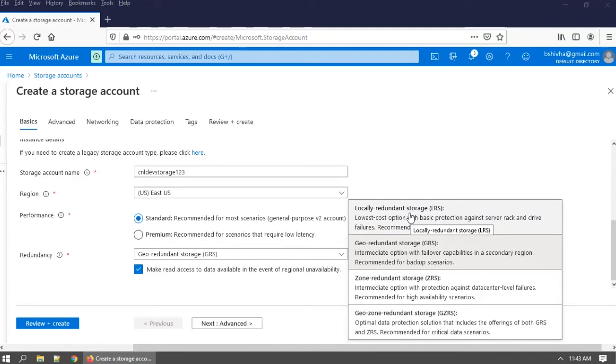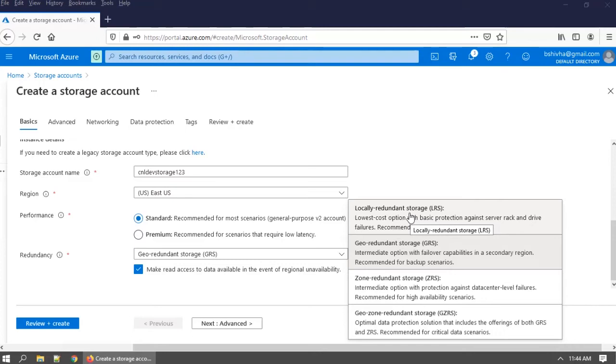If you are going to keep or access data across geos, then go with geo redundant storage. And for access, read, write or data transfer within your data center level, go with zone redundant storage to avoid more failures within that zone.